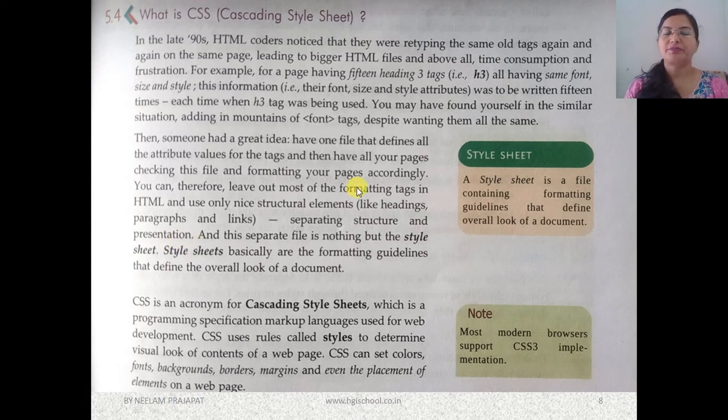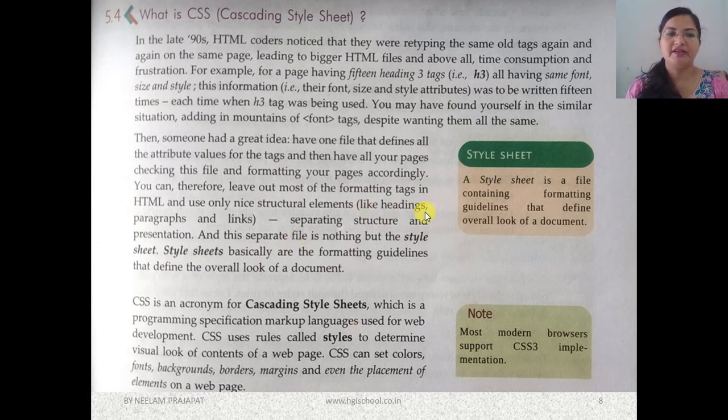Got it? So what I want to tell you is that there will be a notepad file. There you will write the CSS of every element, like H3, then color equals blue. Then what will happen? All 15 H3 elements will automatically be in blue color. Got it? You have to write H3 color blue in the CSS file only once. And then you save it and give it a name like sample.css. So here the extension of the CSS file will be .css.